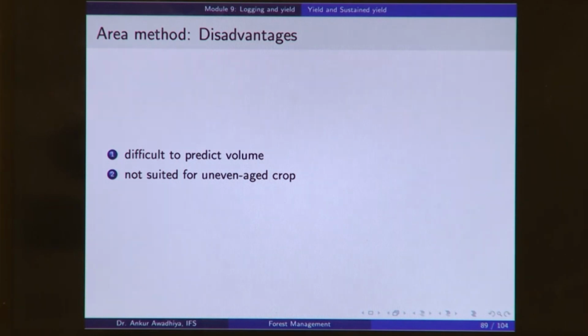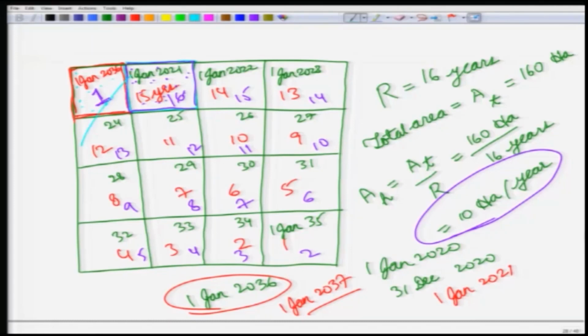And then it also does not take into account other intricacies, such as differences in site quality. It is possible, for instance, that this portion of your forest has more fertility, and this portion of the forest is, let us say, infertile. Now, this method will say that so much area has to be felled every year, but if it belongs to a better site quality, the landowner will get more timber in that year. If the area is infertile, he will get less timber.